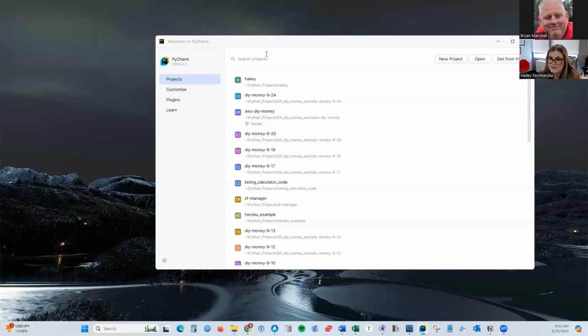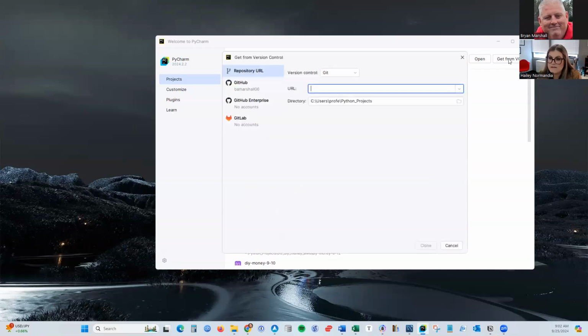So in here, I want to get from VCS. I'm going to get from VCS and put in the repository for the remote repository. If I go out to my GitHub, the example one, that's the one we're going to want to use. So I'm going to click on example,